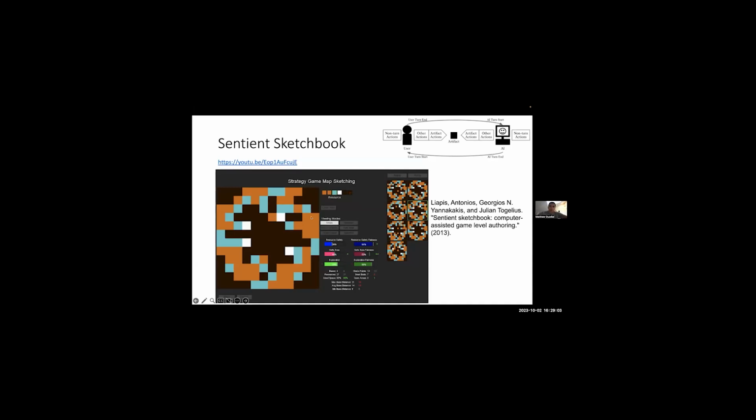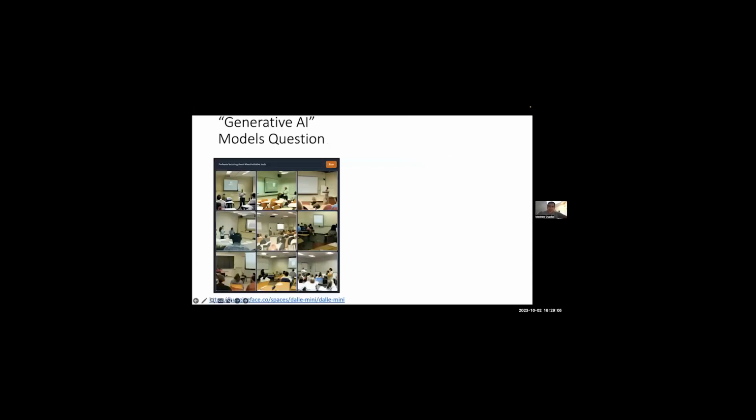Okay, so I have a generative AI models question. I don't know if this is going to work. I was planning on basically prompting you all and then starting to get a multiple choice kind of thing happening here. Maybe I'll just put the questions up and I'll ask you to think about it for a second, and we'll go over it.